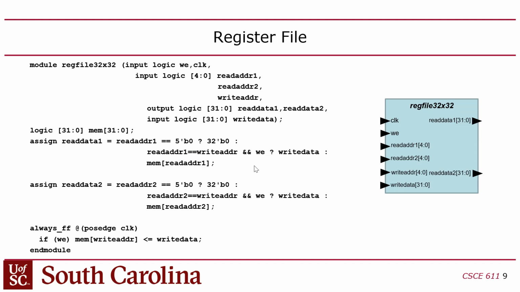Okay, so in your CPU, we're just going to give you the code for the register file. And this is it. The register file is going to look like this. It's going to have 2 ports that can just read and 1 port that can just write. And this is intended to match up to the assembly language. The assembly language has 2 operands, 2 register inputs and 1 register output, 2 operands and 1 destination, right? And so the register file hardware is designed around that. That's why we have 3 ports.